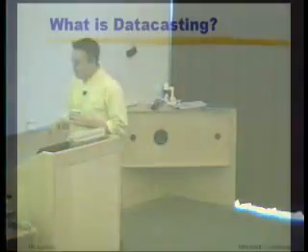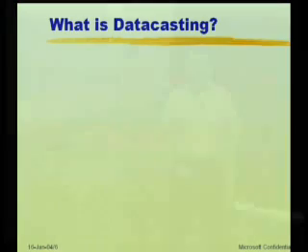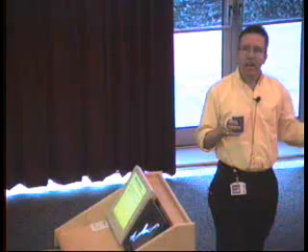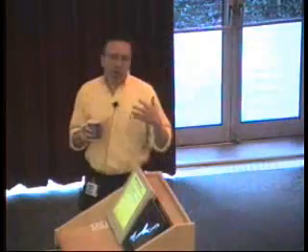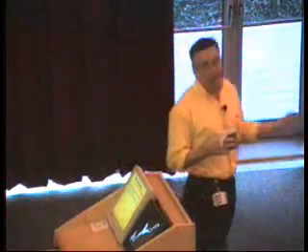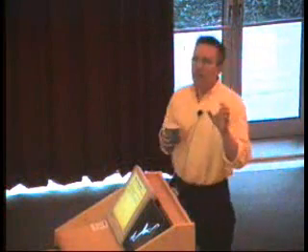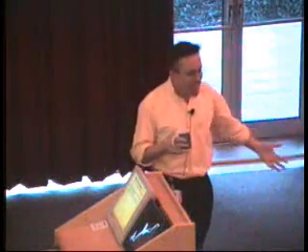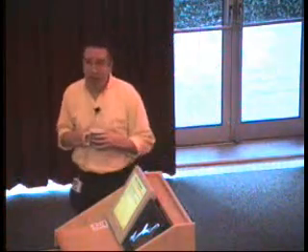Right. So that's the scene setting at the low level for MSR, and the scene setting at the high level for why this project got started. Datacasting, as you probably all know, is essentially sending data one way, as Mark pointed out, over existing broadcast networks. This is pretty much any kind of broadcasting network, so it can be done over cable, digital or analog, et cetera. If you want to think about this, it's essentially very high bandwidth teletext or a very high bandwidth version of SPOT, which uses the same general kind of technology.